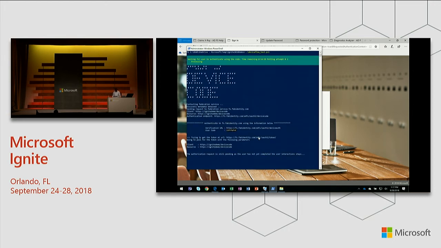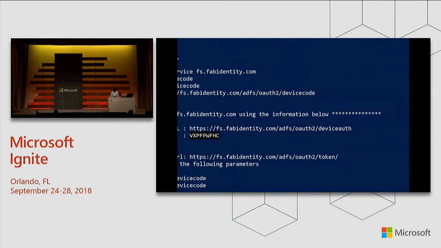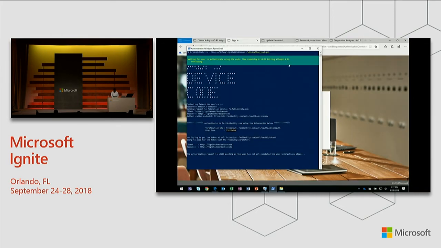So now what's happened is that back to the application, we've already initiated the request. And the application then gets back a few things for you to say where you need to complete the authentication. Now, in this case, there's a URL, and you have a unique per transaction code that is available. I forget what the time limit was for. I think it's valid for 15 minutes for you to complete the authentication. Now, you can also see that the application is polling and asking ADFS back, hey, is the authentication done? It's like an are-we-there-yet type of loop at that point in time.